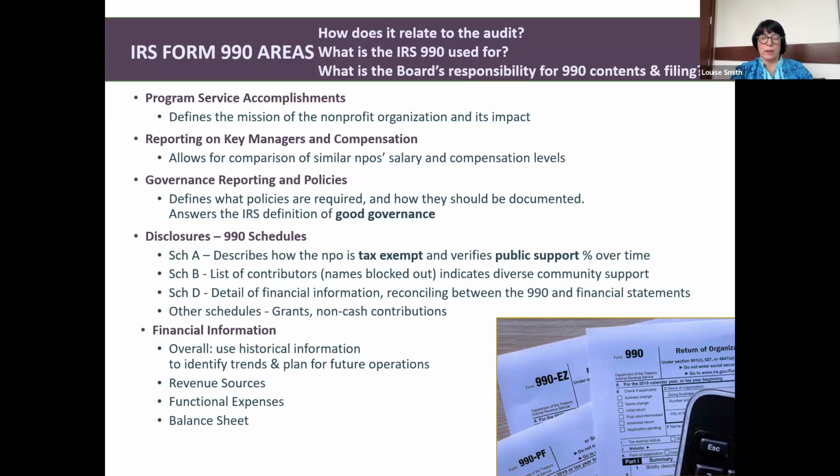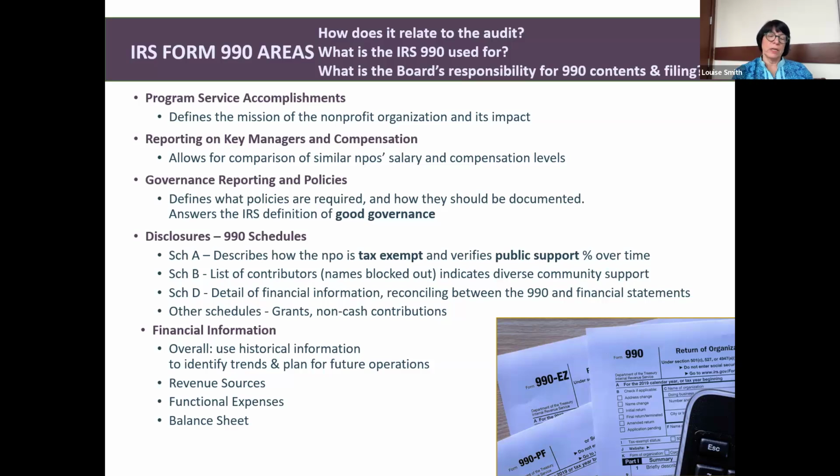There are a few things that are different. Generally speaking, it has to do with how, for the audited financial statements and your internal statements, we have to record unrealized investment gains and losses and investment expenses. They're handled differently for the tax return, and this is where they get reconciled. And also donated services are handled differently. So lots of other, of course, financial information is on this tax return.